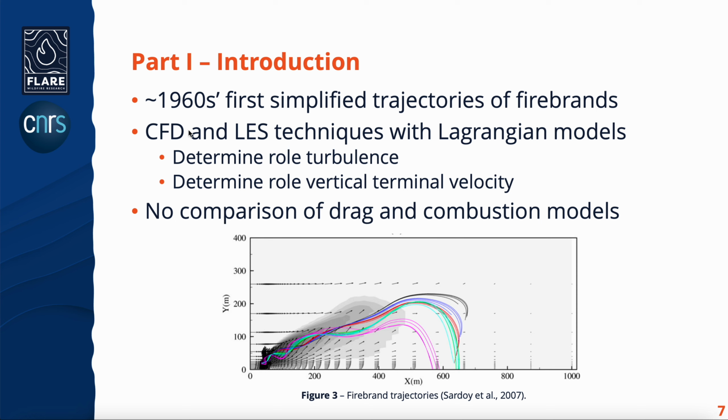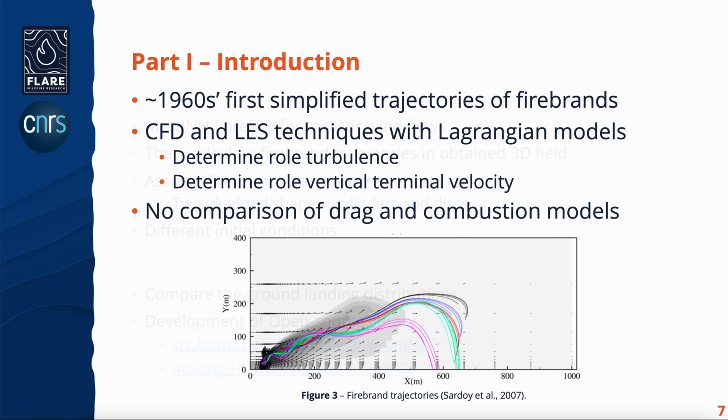And later on, and more recently as well, with the usage of computational fluid dynamics and large eddy simulation techniques that provide a wind flow that can be used with Lagrangian models to describe firebrands, we have been able to understand the importance of turbulence and also the vertical terminal velocity of the firebrands to understand their trajectories. However, there was still some knowledge gap regarding the influence of drag and combustion models on the final travel distance